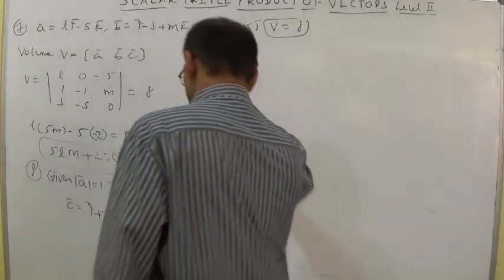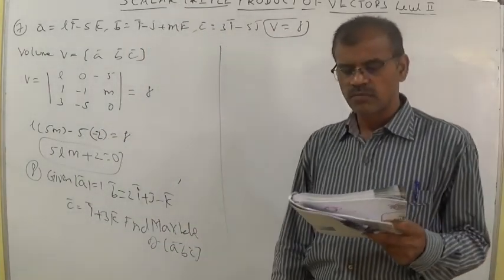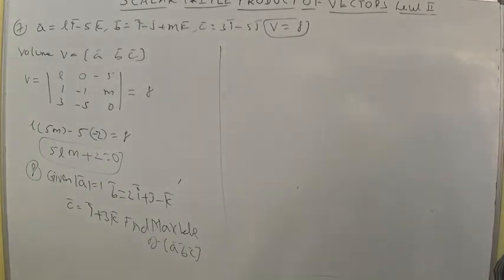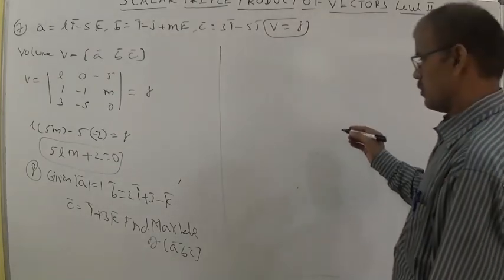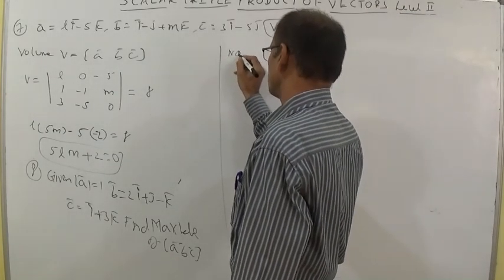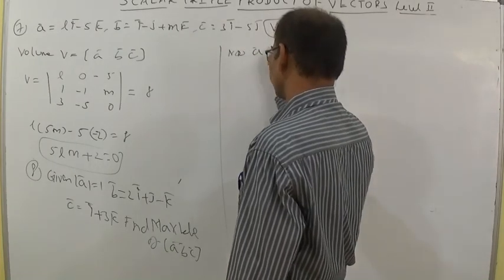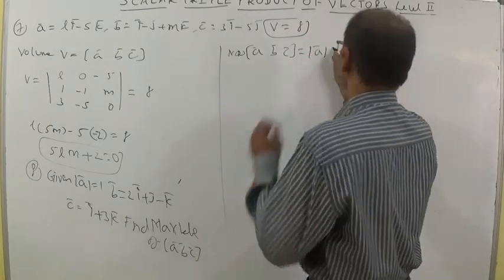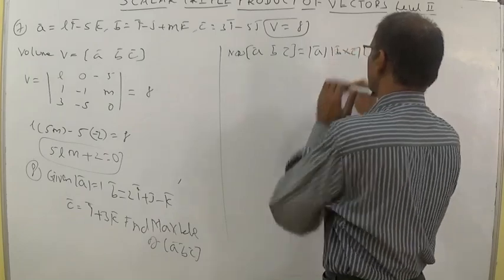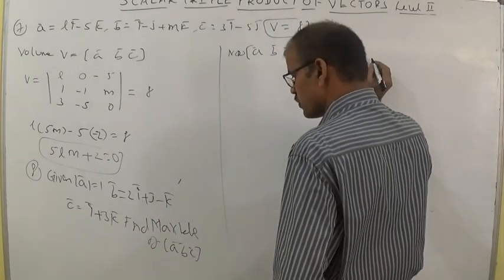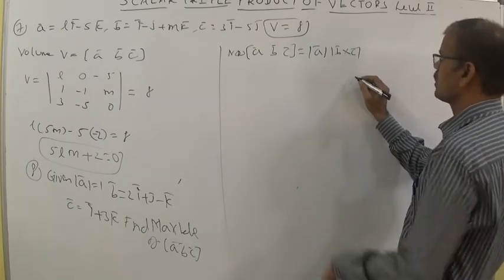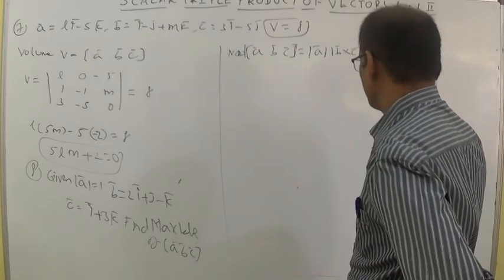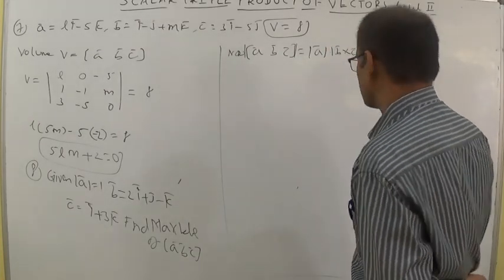A bar unit vector is given, B cross C. Let us discuss mod B cross C. It is better for the maximum value of box ABC. Now we shall write box ABC. Box ABC is equal to modulus of A into modulus of B cross C into cos of the angle between A and B cross C. Whenever we take mod, we can take it directly, so no need to depend on the angle. Mod A is equal to 1, mod B cross C, right? So the maximum value should be calculated.